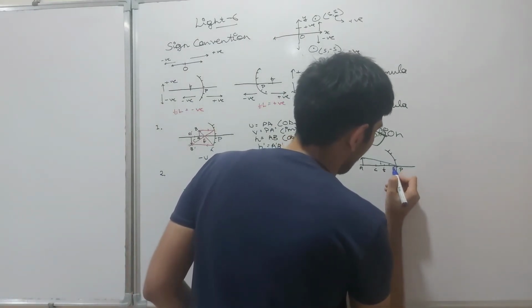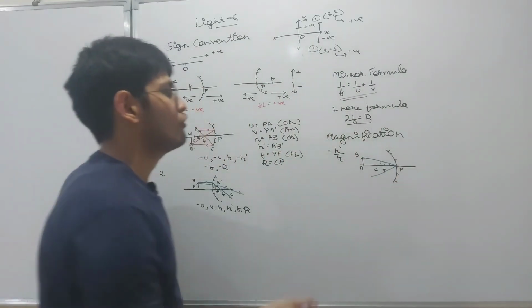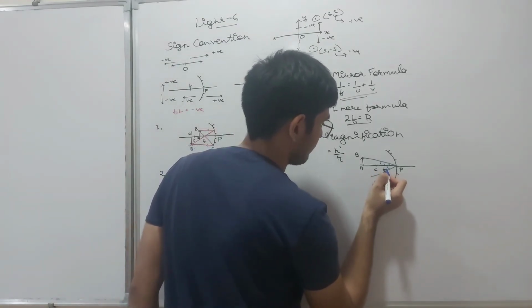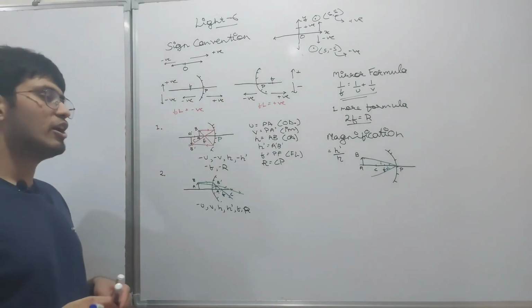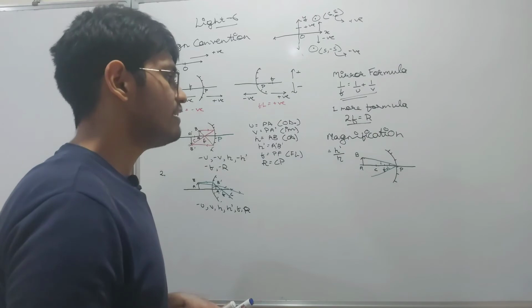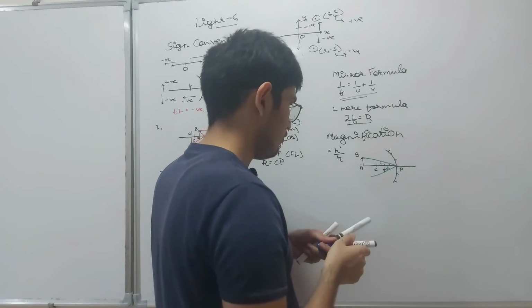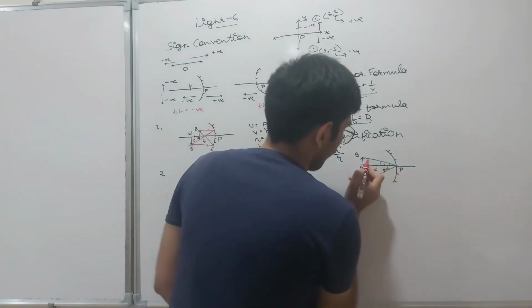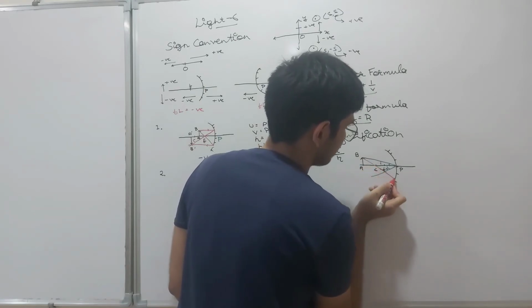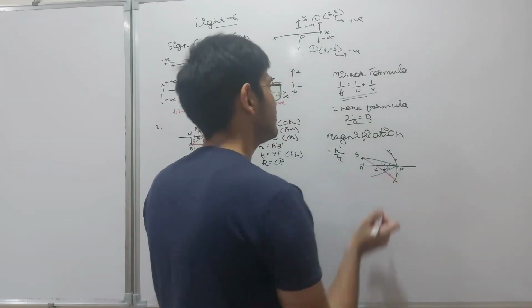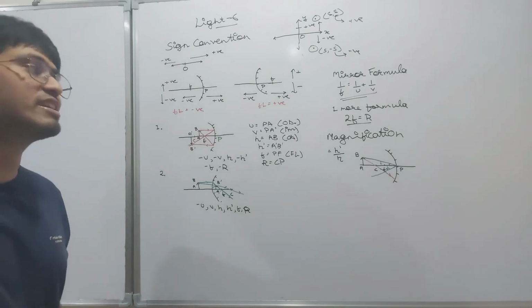Let us draw another line, something like this. This is the angle of reflection, let us name it angle R. These two angles are equal. Now for another line, we pass a ray of light through the center of curvature. When it strikes the mirror, it will retrace its path. It was going like this, it will come back like this.